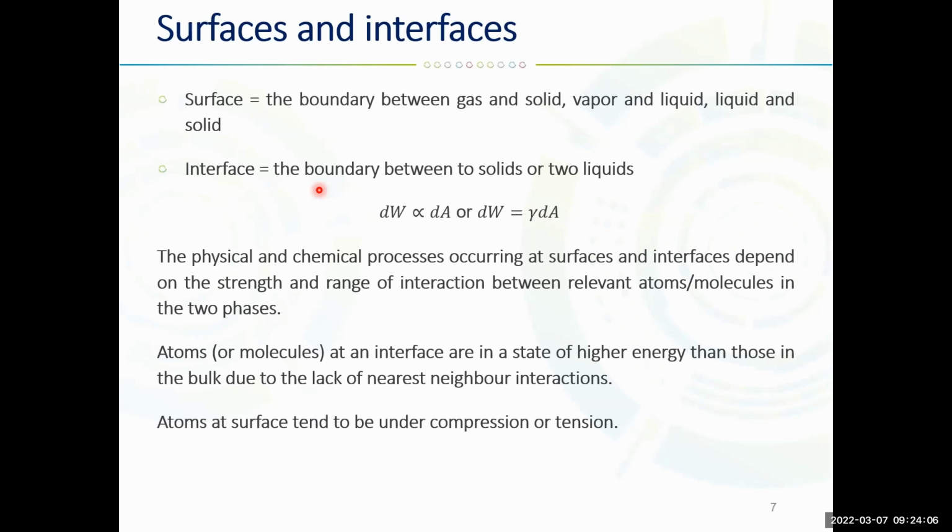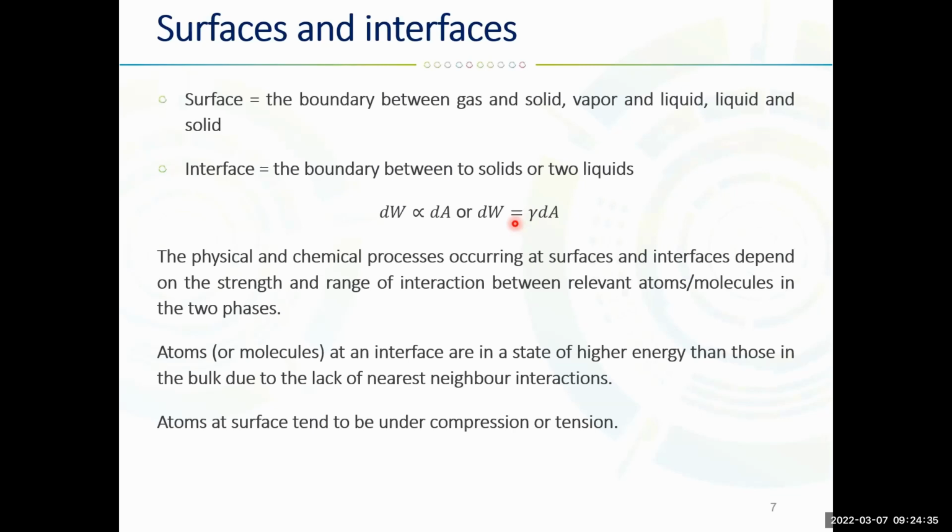This problem was well addressed a long time ago, and we all know the scientist Young, who created a theory back at the beginning of the 19th century. He realized that if you calculate the work, here dW,